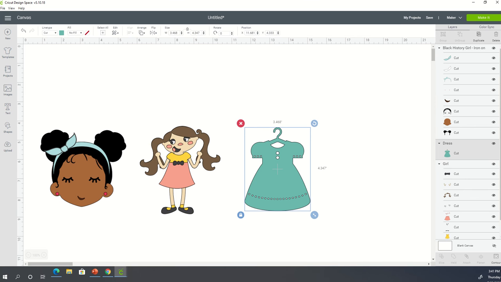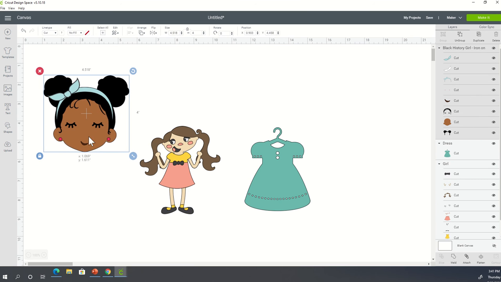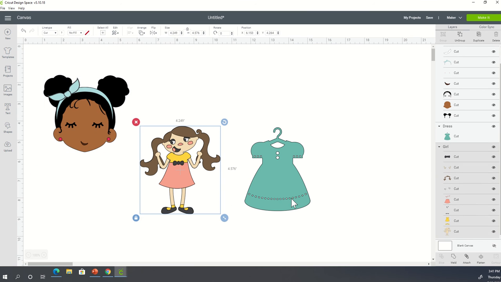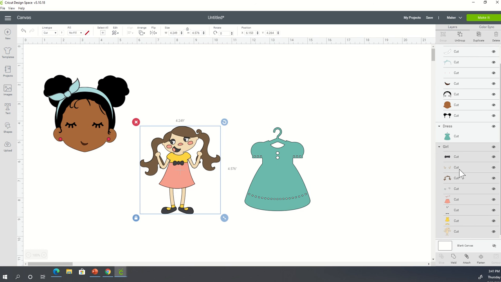So what I'm going to do is take something from each one of these to make a complete little girl. I want to use this face. I'm going to use part of her body, and this is going to be her dress. All right, first thing is on the right side of your screen, you